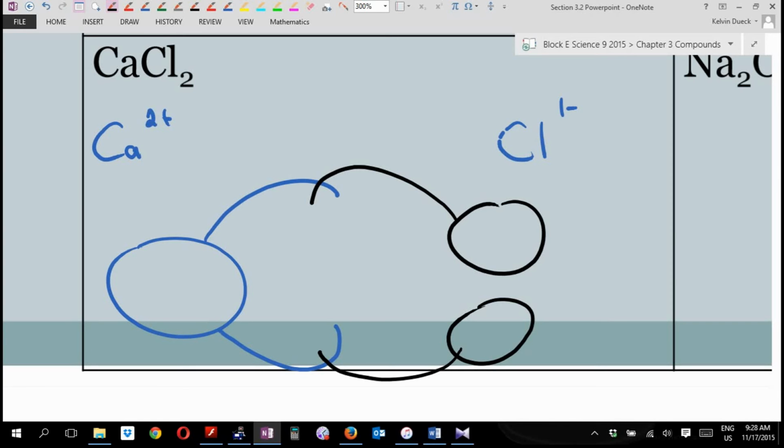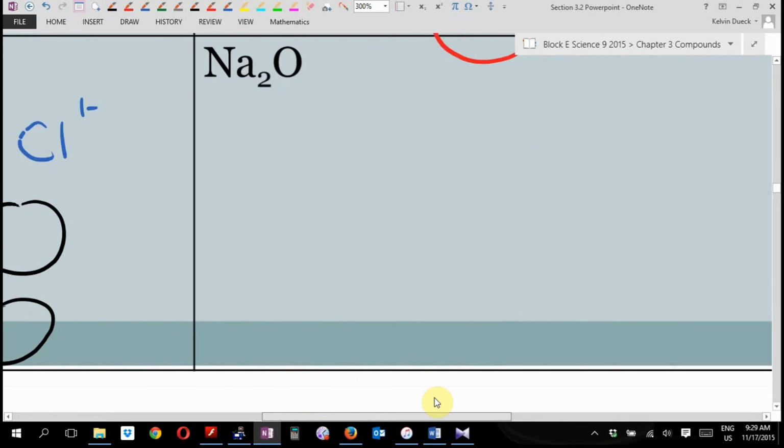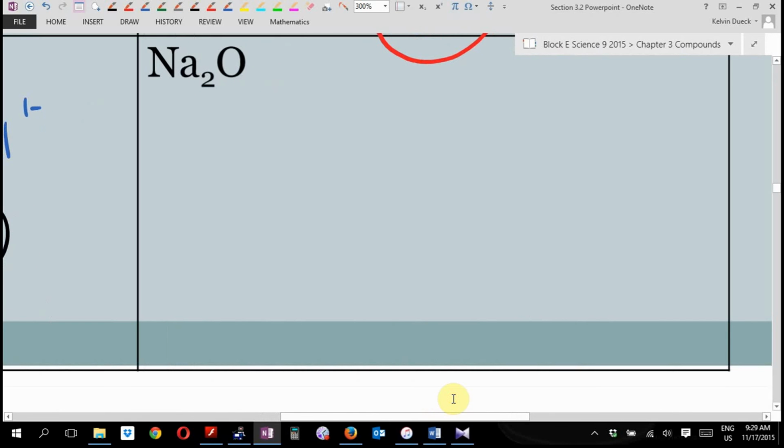So some of my students find this visual approach good. Doesn't work for me because you may notice I can't draw. I'm not a visual learner. How would I say this? Na2O. How would I say this? Sodium oxide. Okay. It turns out Na has plus, oxygen has 2 minus, so I always draw the bigger one